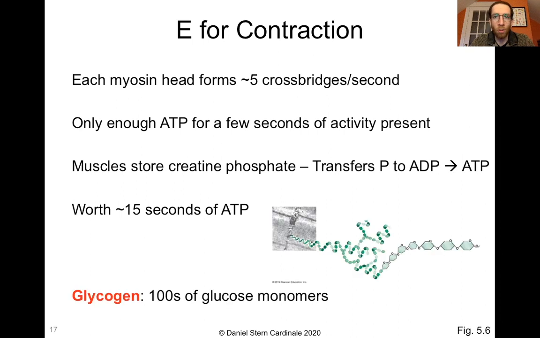The fuel to accomplish this additional cellular respiration is coming from glycogen, which is made of hundreds or thousands of glucose monomers. The main storage location for glycogen in your body is the liver, and we've talked about this in the context of blood glucose regulation. But the secondary storage location for glycogen in your body is skeletal muscle. So your skeletal muscles have a fair amount of short-term energy storage on hand in the form of glycogen. They can very rapidly break that down into hundreds and thousands of glucose monomers, which can then go through cellular respiration and generate a bunch of ATP relatively quickly.